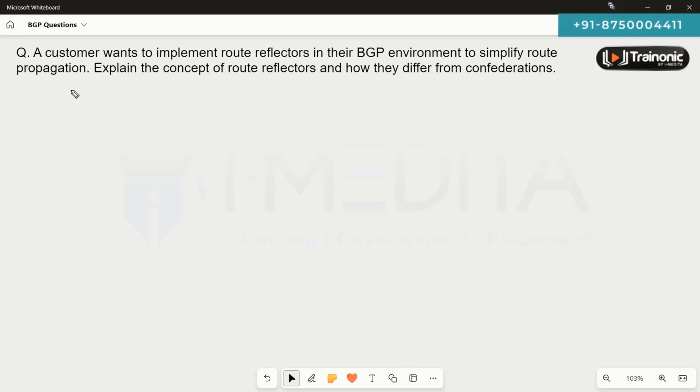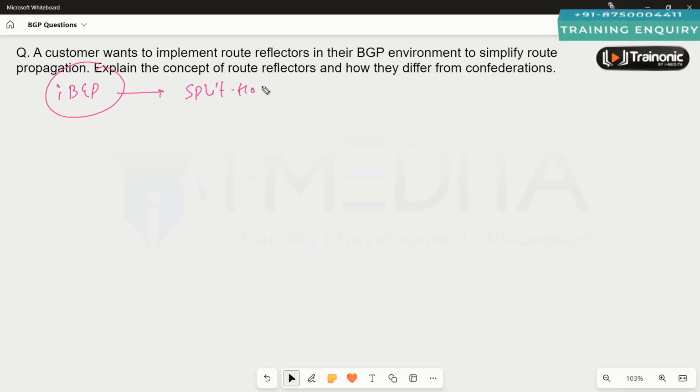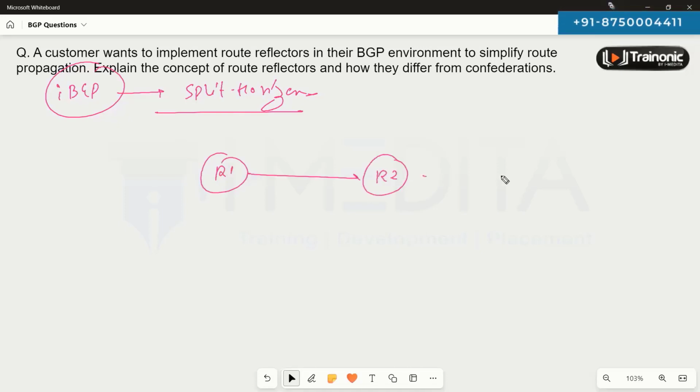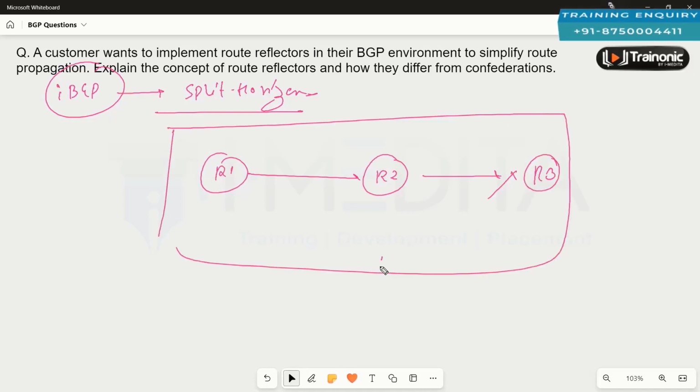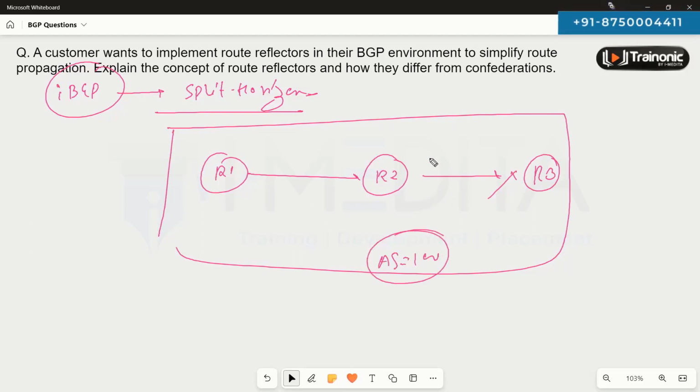Right. So in BGP, especially when we are talking about IBGP, there is a rule that is referred to as the IBGP split horizon. This rule says that the routes that you have learned from one of your IBGP neighbors are not advertised to other IBGP routers. Considering that everyone belongs to the same autonomous system number 100,